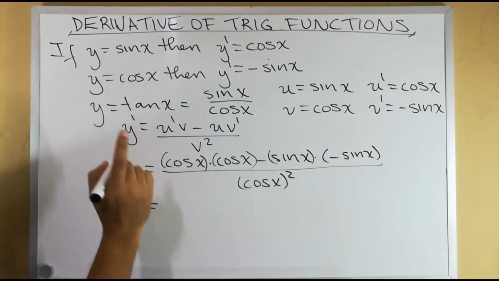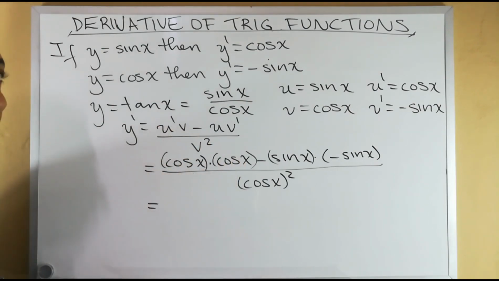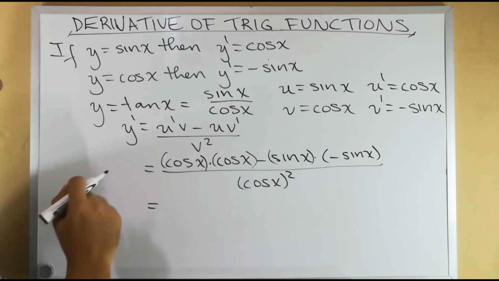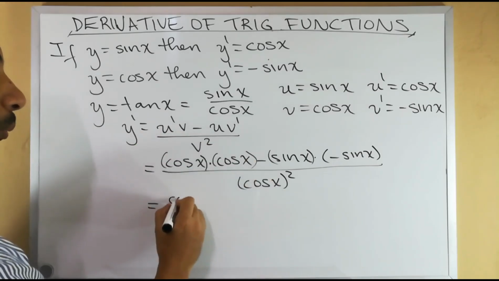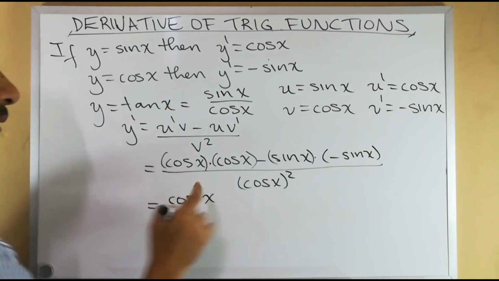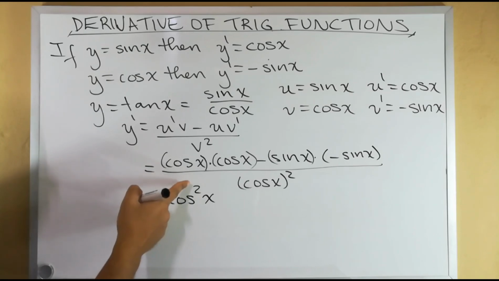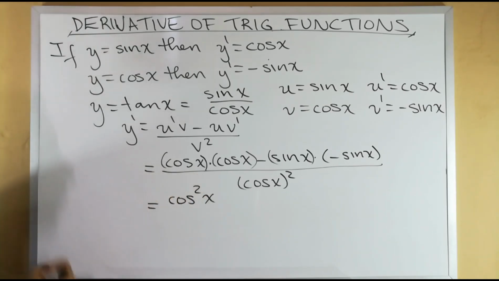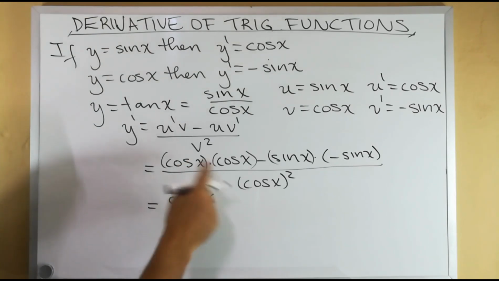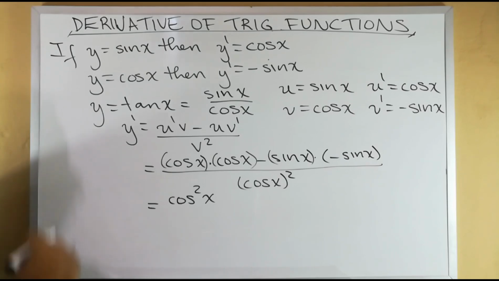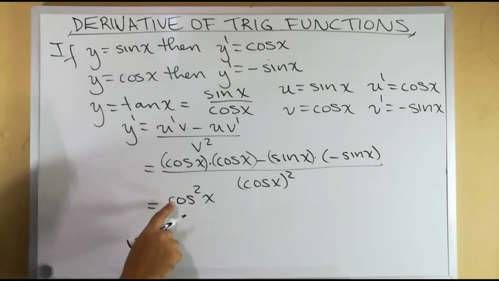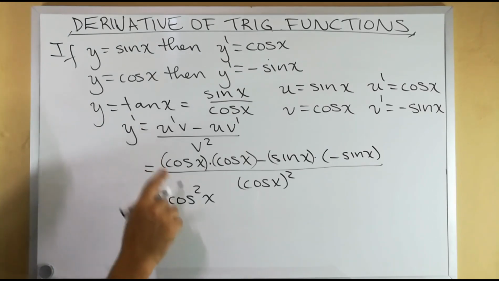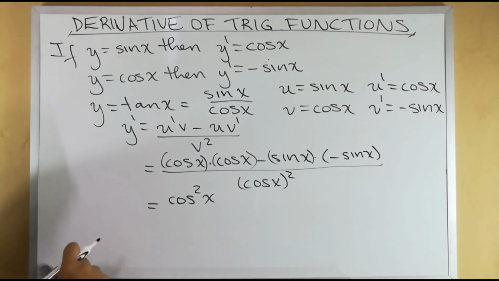So when we take cosine of x and multiply it by cosine of x, that doesn't give us the cosine of x squared. That gives us the cosine squared of x, which is written as such, where the square goes over the cosine, indicating that it is the square of cosine. If the square went after the x, then that would mean a different thing. It would mean that it is the cosine of the quantity x, which was squared. So this means cosine of x times cosine of x, which we write as